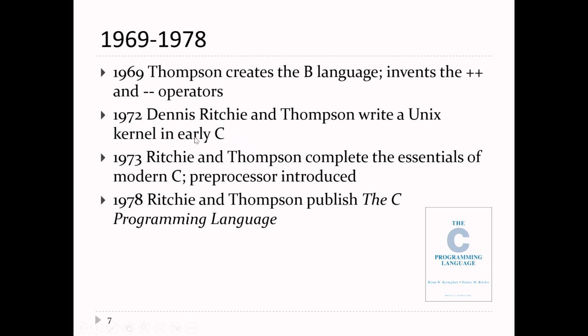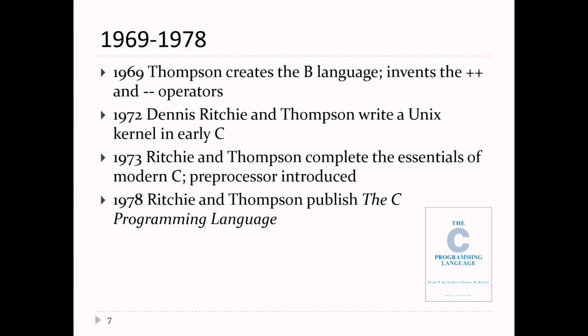Ritchie and Thompson wrote the Unix kernel in C in 1972. So that's when Unix first started to rise in prominence. 73 is basically when the core of the C language was finalized, and then finally in 1978 they published this book here, which somewhat surprisingly is still the recommended textbook at a lot of universities for learning the C language,